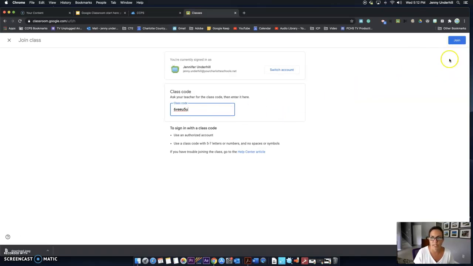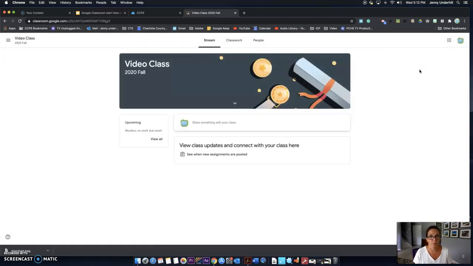Once you've typed it in, in the upper right hand corner there's a button that says join, bright blue, hard to miss. Not much else here. I'm joining the class now. So now that I've done it, that's the only thing you have to do once a year, once a semester, whenever somebody gives you a new class code. Now I'm in my video class for fall of 2020, and everything's ready to go for finding my